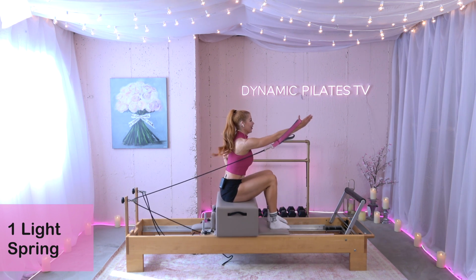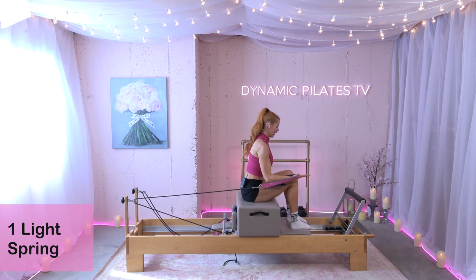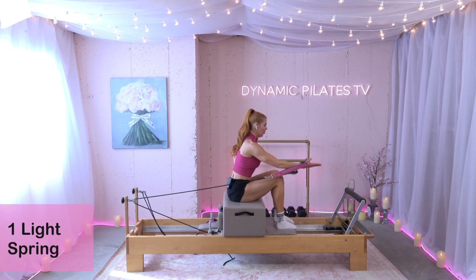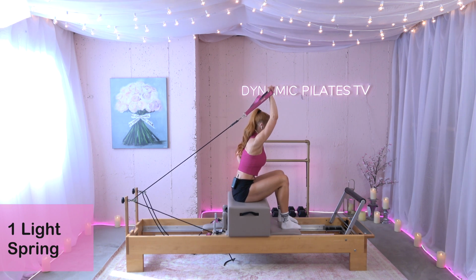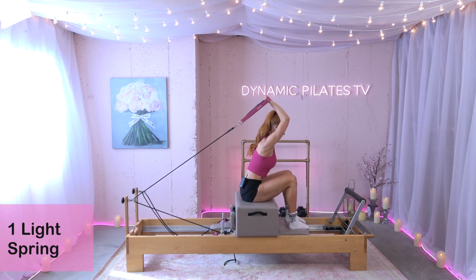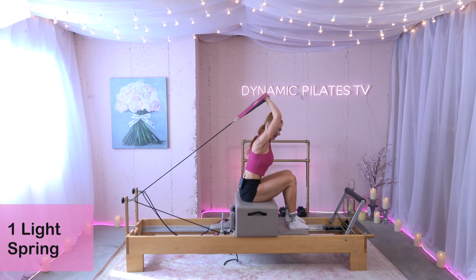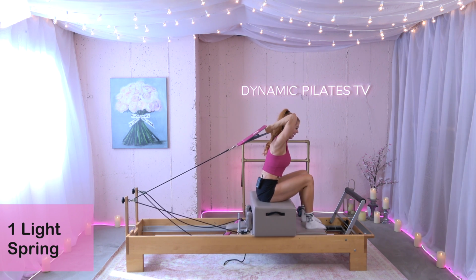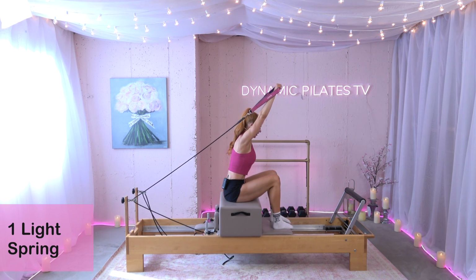Three more. We're here for 3, 2, and 1. Hold it here. Now I'm going to bend at the elbow for a tricep press. So I'm going to keep my elbow lined up with my head and extend. We're here for 6, 5. You've got it. For 4, 3, 2,